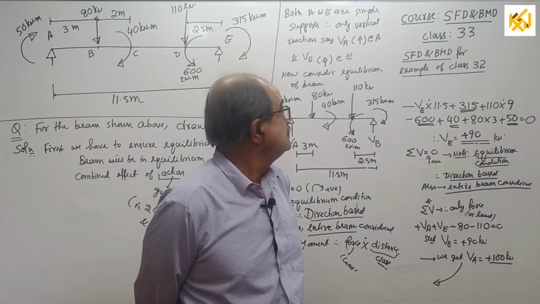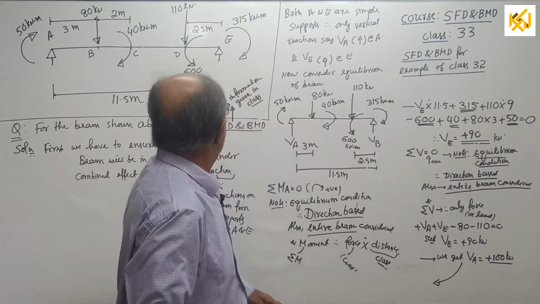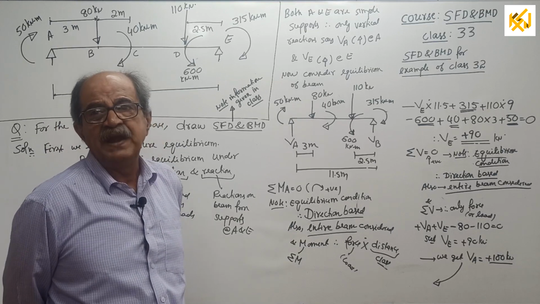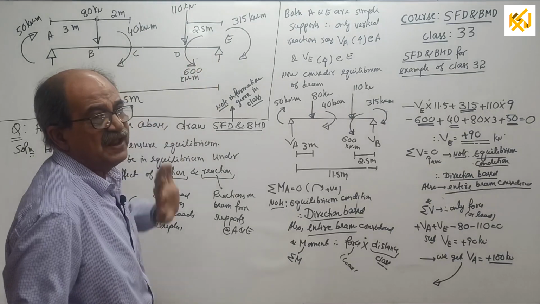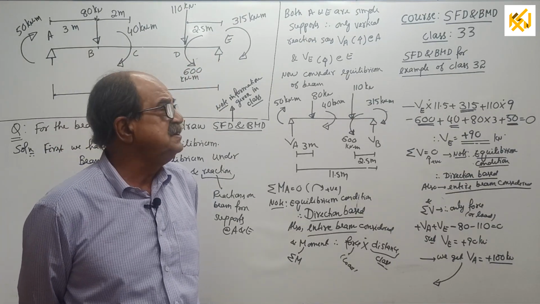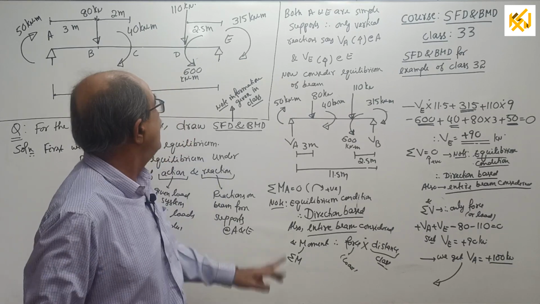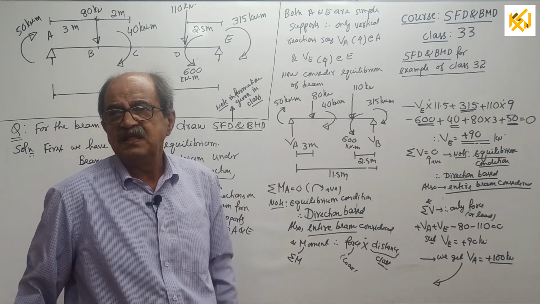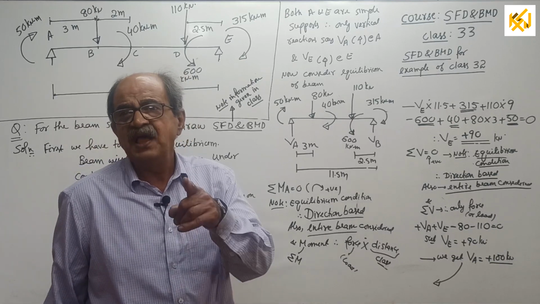Welcome to all. In the previous class, number 32, I took this example and explained how to find SF and BM at all the standard points. Under a point load, at interior points, shear force is calculated twice. Again, at interior points where a couple is there, BM is calculated twice. Also, at the extreme ends, just one calculation. That's all I told. The purpose of all those things is to draw SFD and BMD.